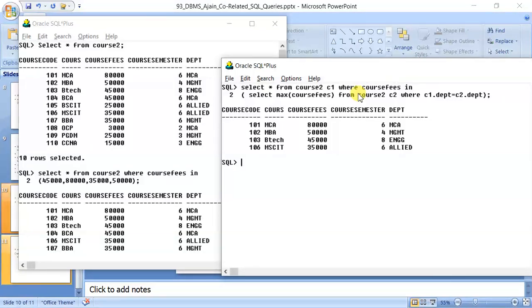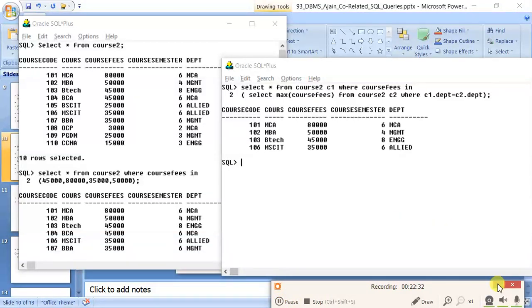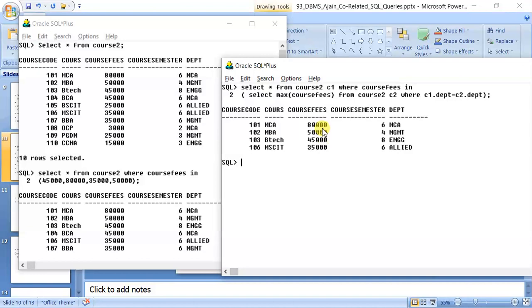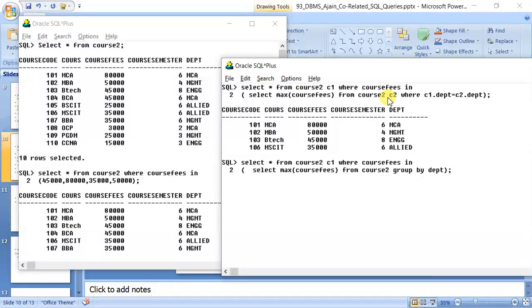Okay. Now let us understand how it is working. See, when we used the previous wrong output query, something like this, course code in select maximum course fee from course group by dpt, how was it working? Please understand it very carefully.